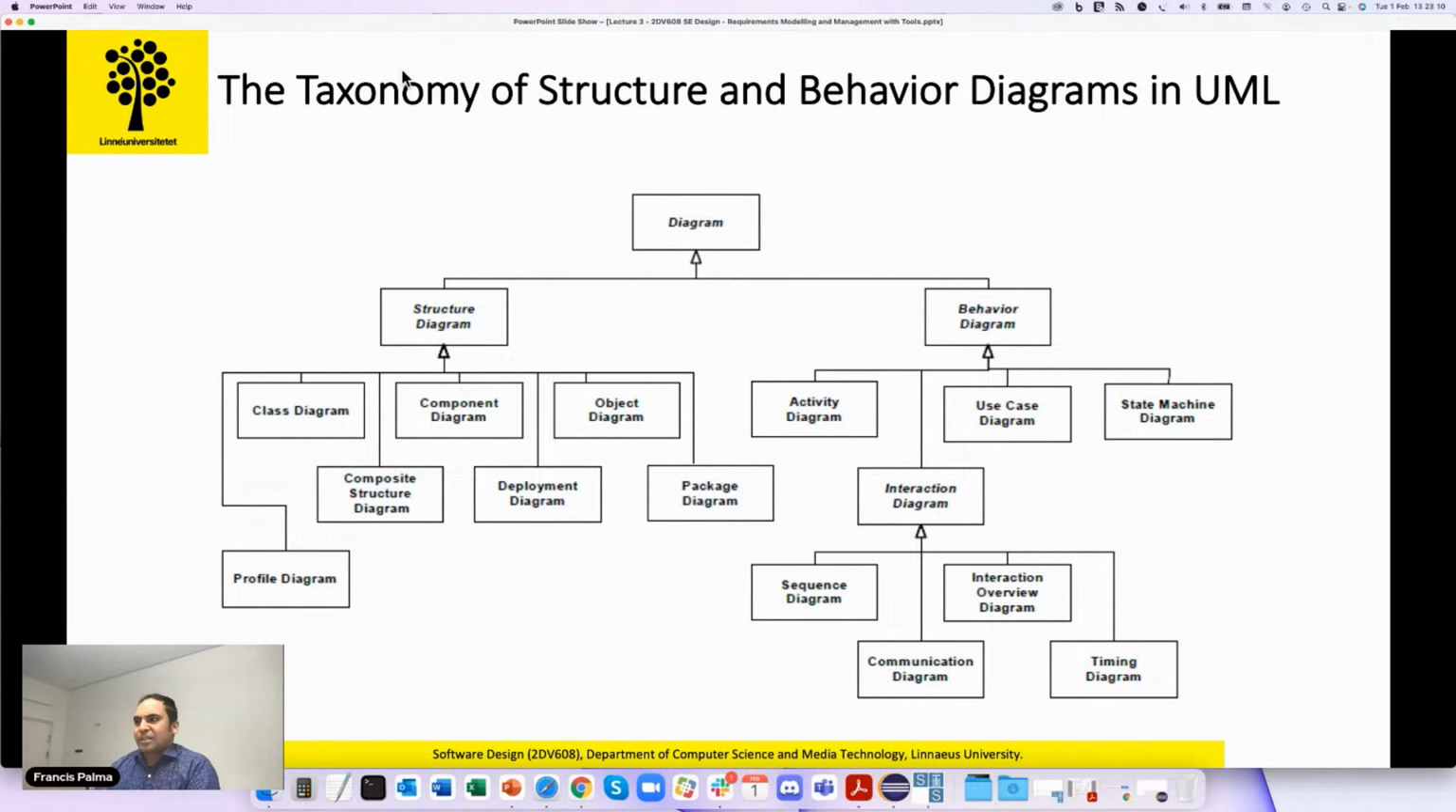So these are the different types of UML diagrams. And as we know, if I classify the UML diagrams, there are mainly two types: those that are about structure and those about behavior. For example, class diagram, component diagram, or package diagram tell you how the system will be structured